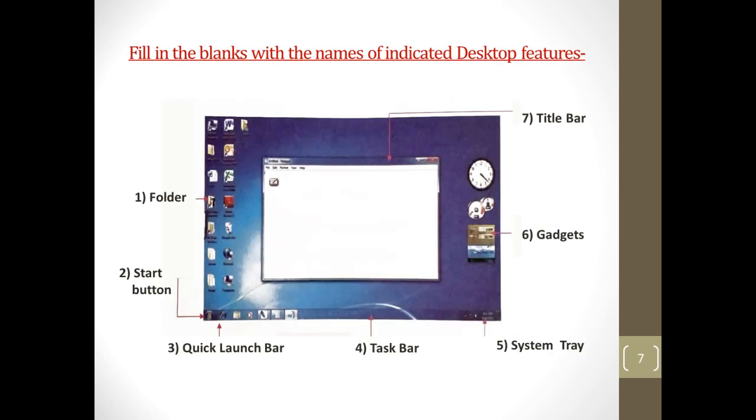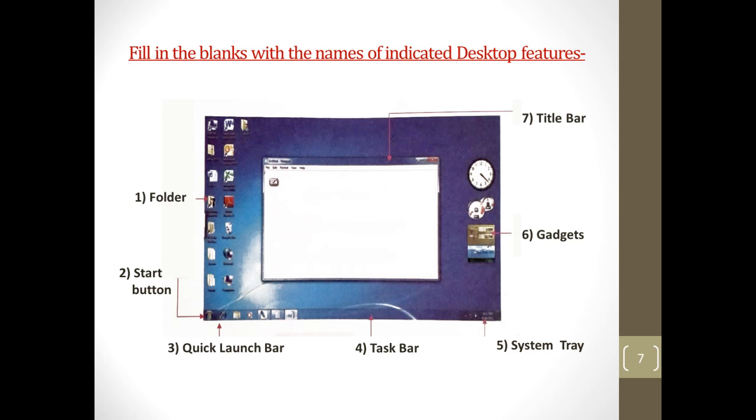Folder. Number 1 arrow is pointing towards a folder. You can see some files in it. Number 2, Start button. Number 2 arrow is pointing at the Windows button, which is also called Start button.